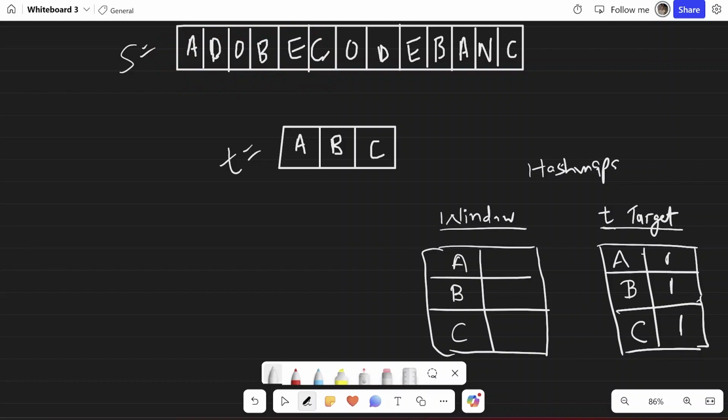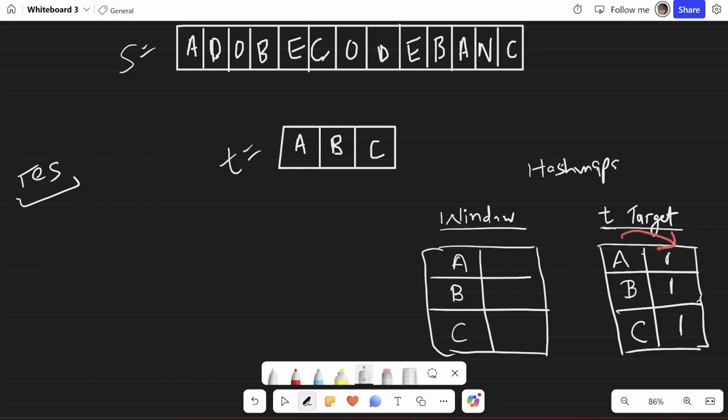So that means I got a valid substring, which can be one of the answers. So I'll maintain a res here. And exactly how will we decide that we have found the target substring or not? We'll need to have a frequency map for this t string. So for that we'll create a hash map, which consists of frequencies of each letter in this t string.